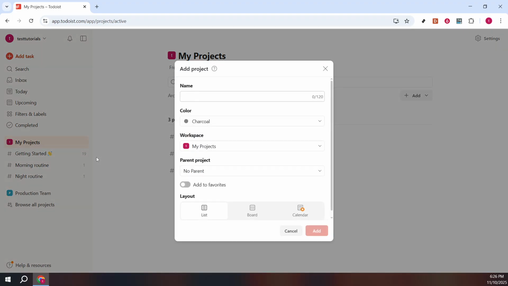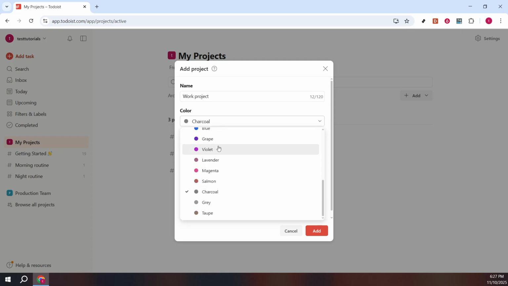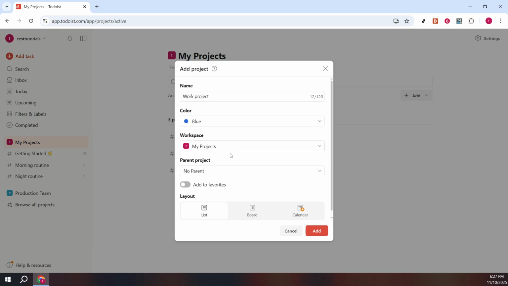For this demonstration, type in a name for your new project. Think about something descriptive so you'll immediately know what the project is about when you glance at your list. Next up is choosing a color for your project, which is more important than it might seem at first glance. The right color can help you visually categorize and distinguish between different projects quickly, especially if you're managing multiple ones